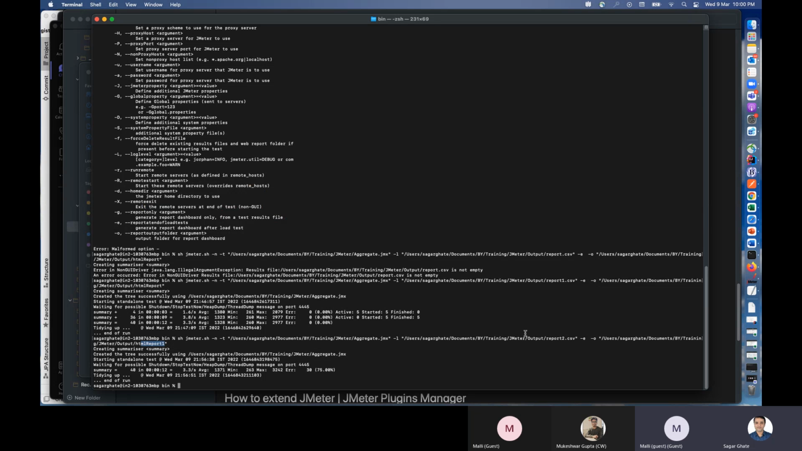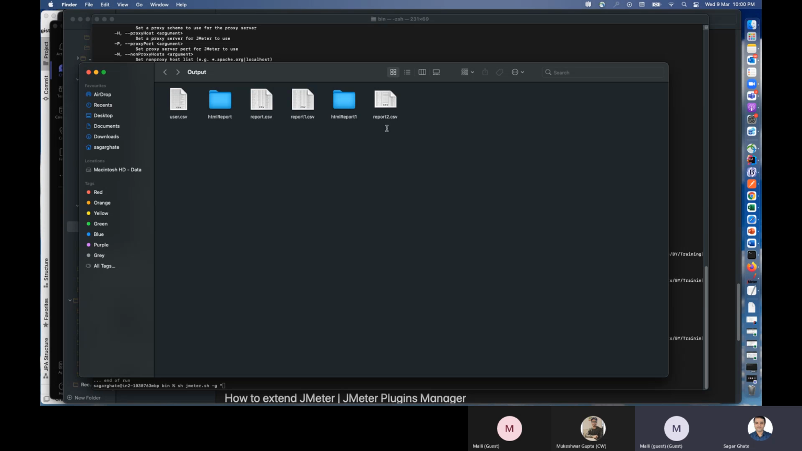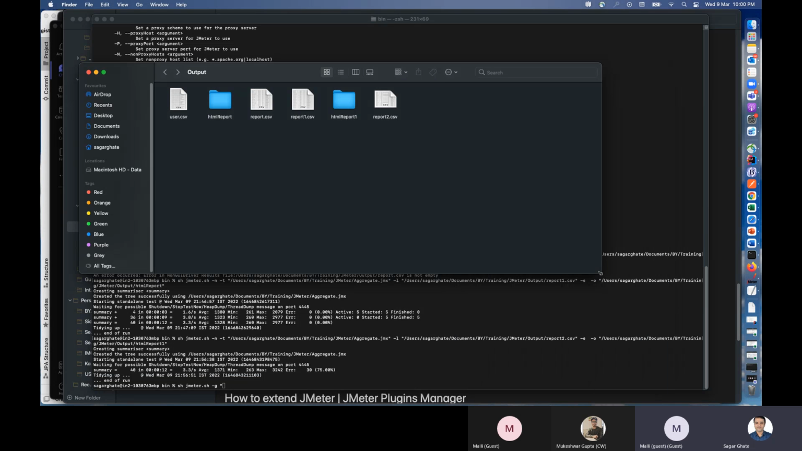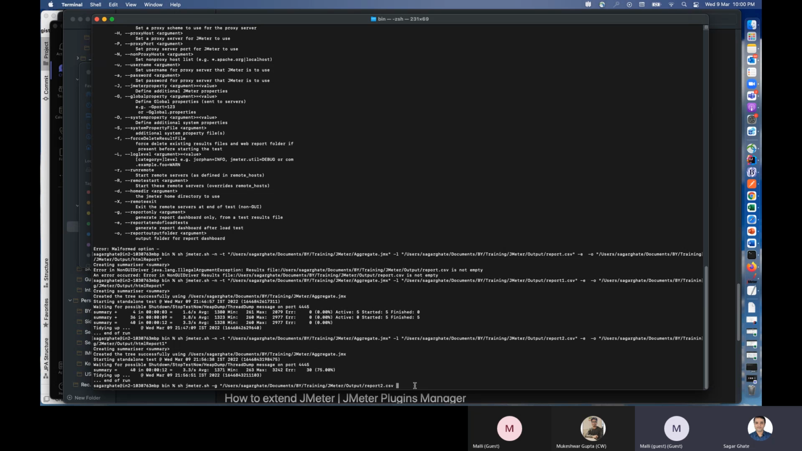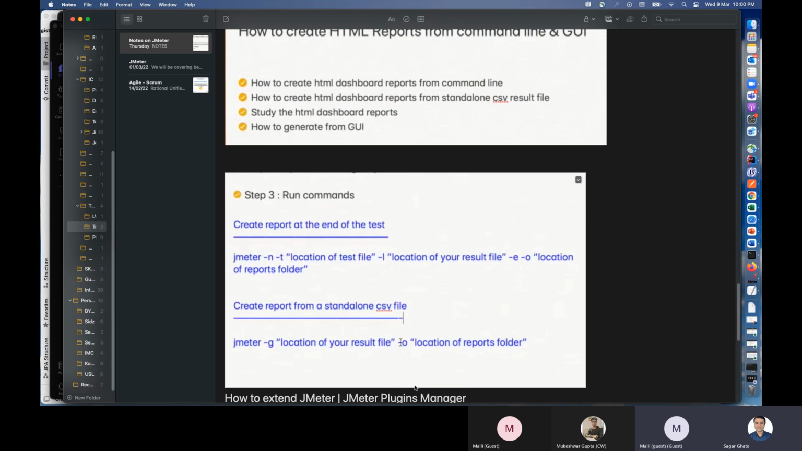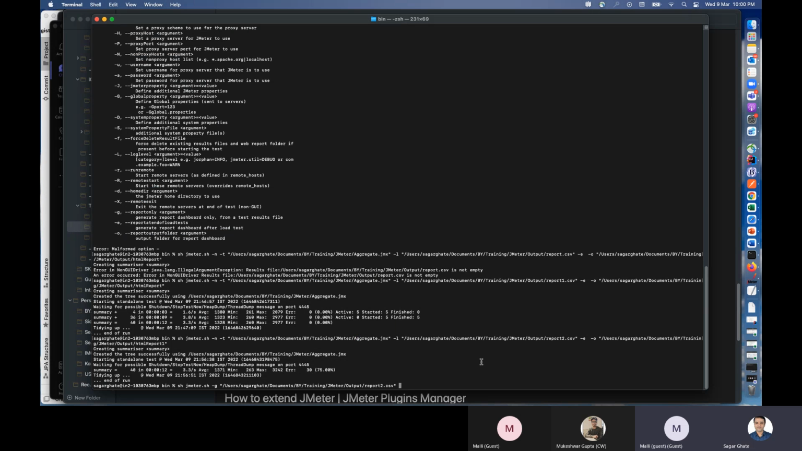I will say sh. Okay, we'll turn off caps lock. sh jmeter.sh, then -g space the location of my already generated file. What is that? That is report2.csv. So I'm just giving this file here, report2.csv, and coming here, closing the braces, and this -o is for the location, you remember. So this is the same. So I will say -o